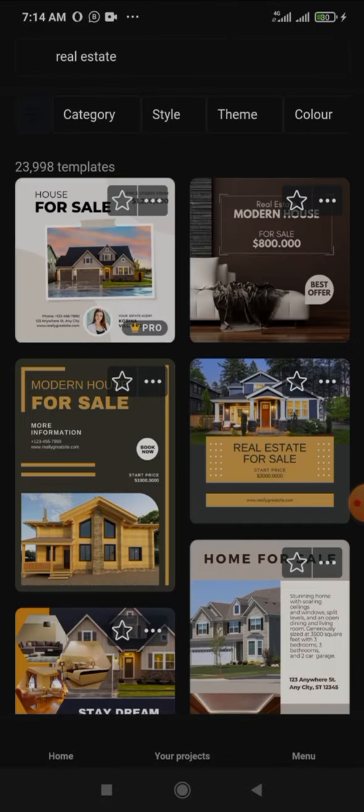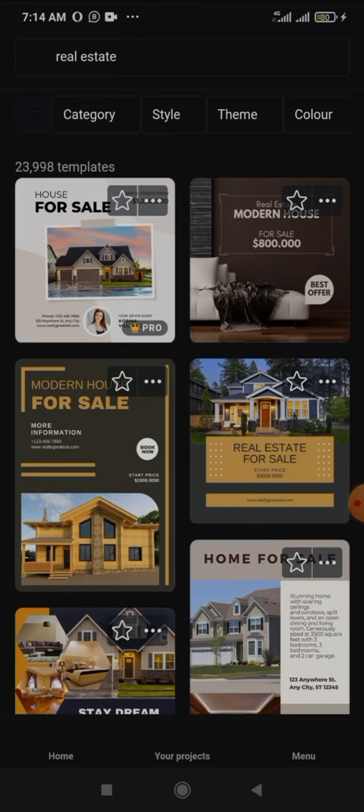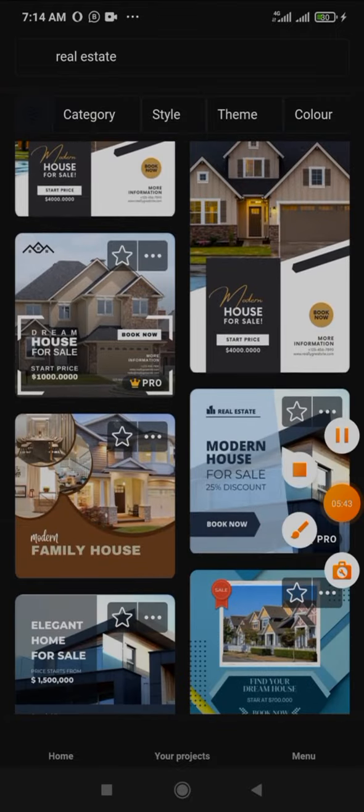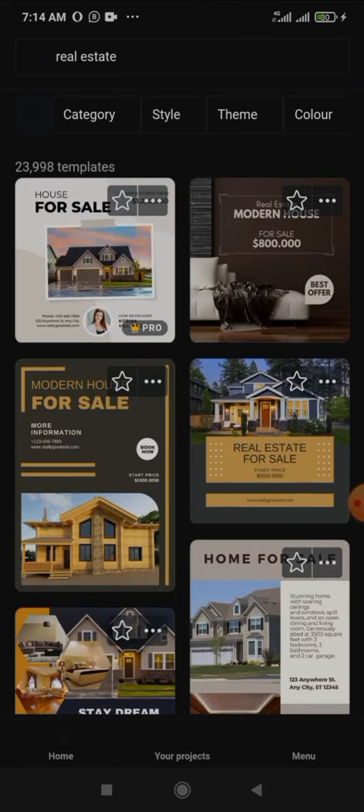Okay, so once you click on real estate, all the designs under real estate will pop up. Okay, like this very one here. This one you can't use it because it is Pro. It's only those who are using Pro that can use or that can edit this one. So any template you see written Pro, like this very one, also it's for those using Pro plan. This one also is for those using Pro plan. But anyone that is not written Pro, you can use it, but you cannot